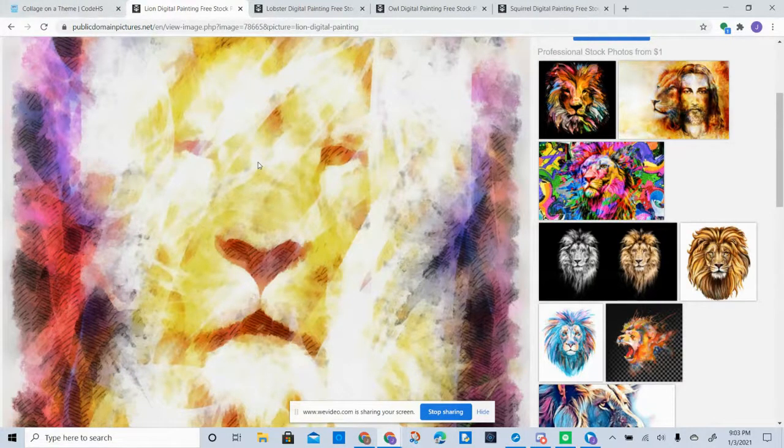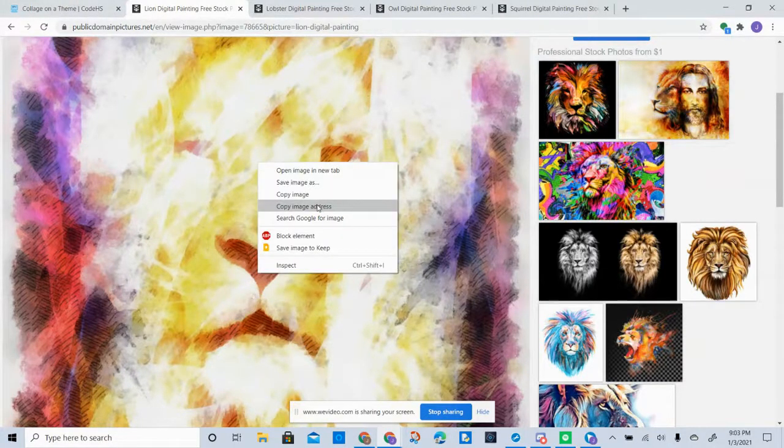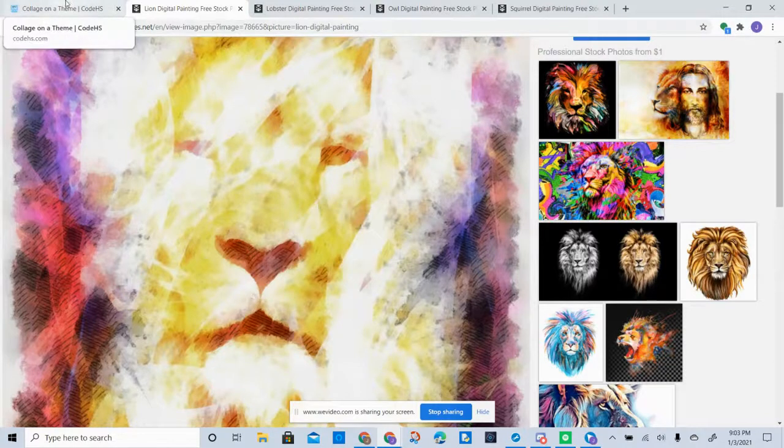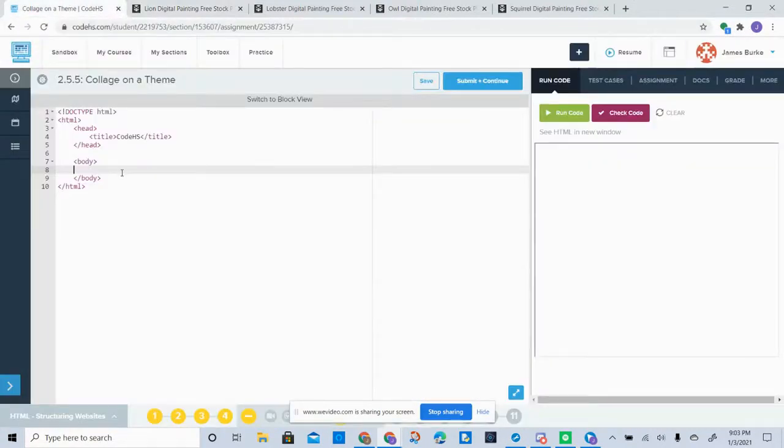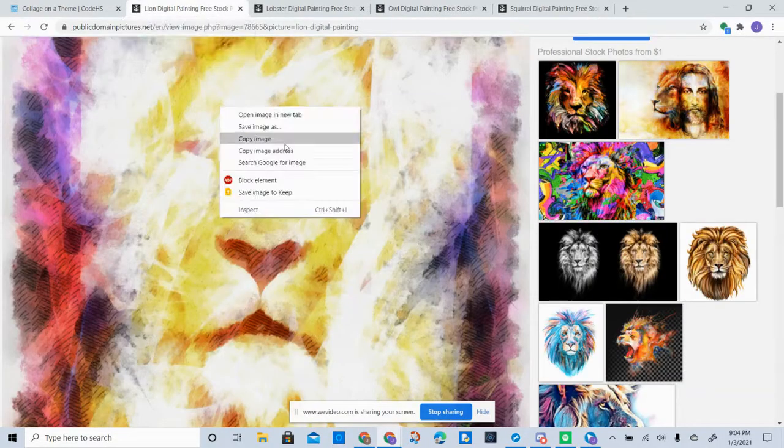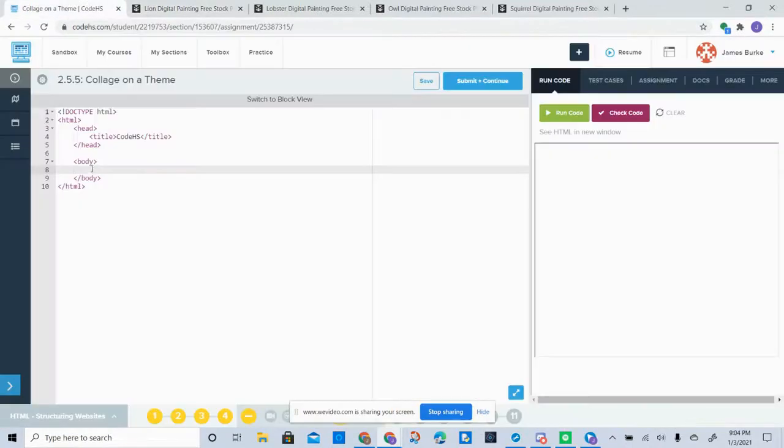So first thing you're going to do is find a photo that you want to use, and you're going to copy the image address. On your Chromebooks, you'll have to do the double click on the trackpad in order to access that little menu, but we're going to copy image address. So now that I have the image address here, I'm going to go back into the body. I'm going to type the image tag. So you're going to open the tag image, and then you're going to say src equals quotations, and then paste the